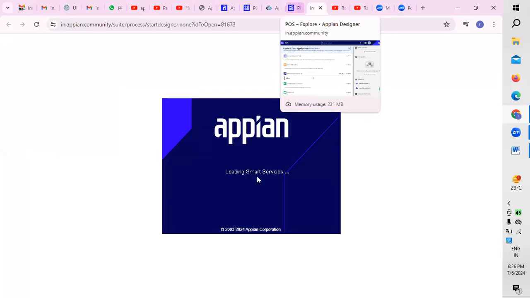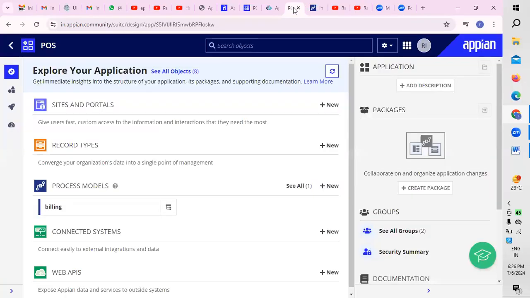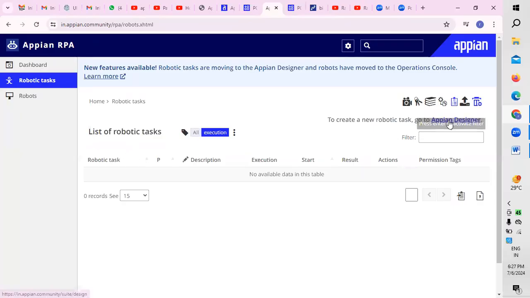Right, so here it will store whatever process models we have created for the existing projects, you can see here. In this process model, we have created one process model for billing for a point of sale system, based on the tasks. Because whenever we are working on robotic tasks using these robots,